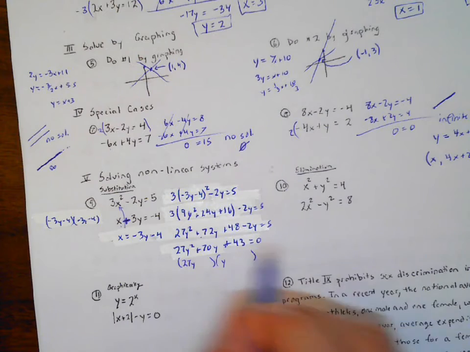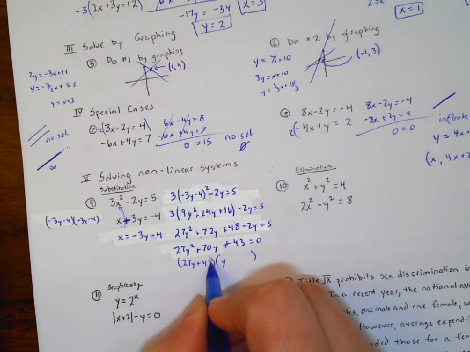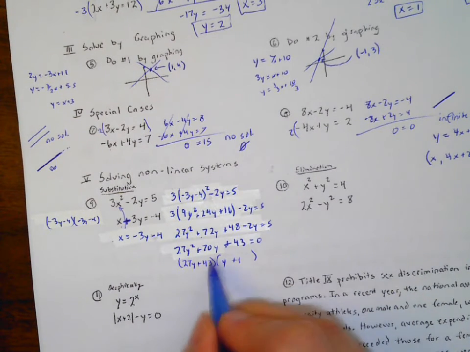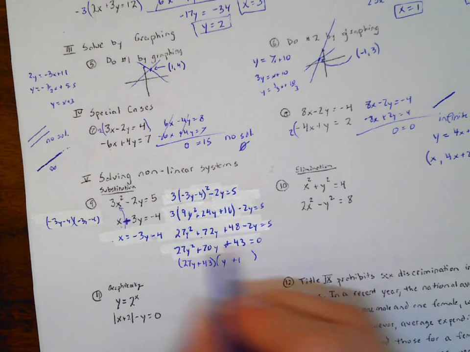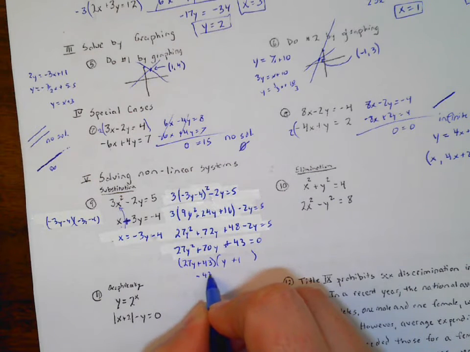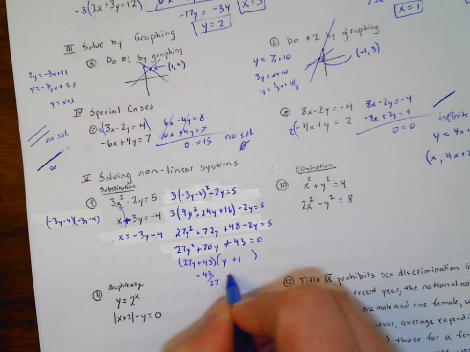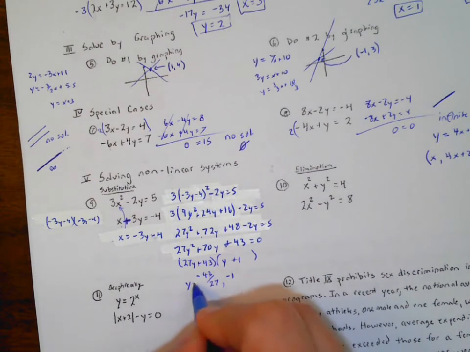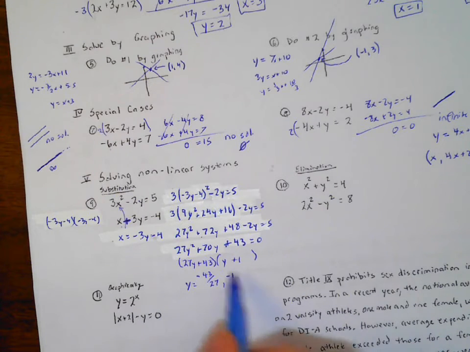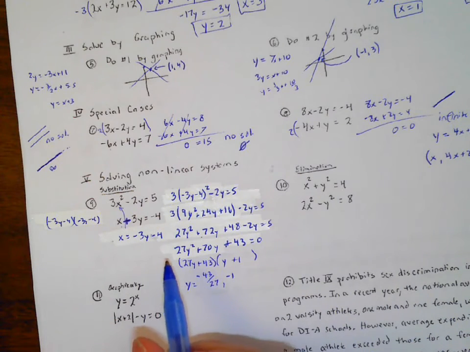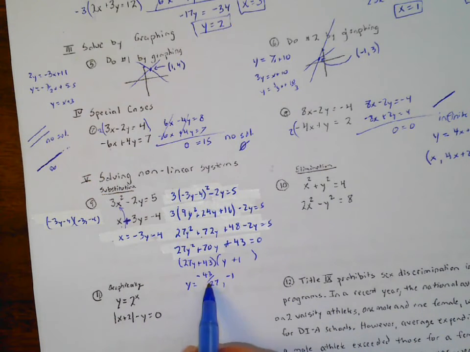27y times 1y plus 43 and plus 1. Okay, those outside and inside give you the 70. So I get negative 43/27ths and negative 1 as the y's. These are what y equals. And to find the x's, I can plug them in there. When I plug this in, I get y is equal to,